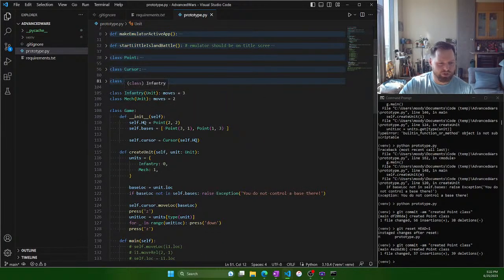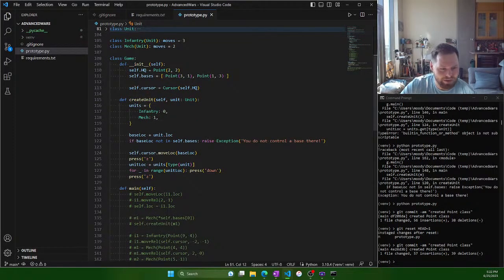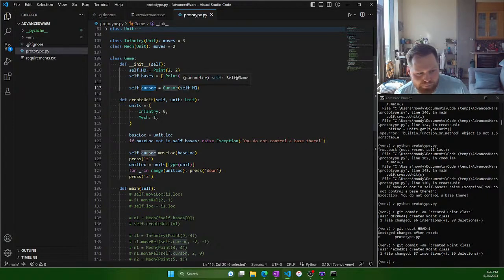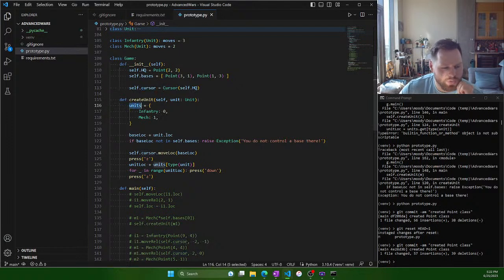I then have the infantry and the mech. And then I have the game. The game knows where the HQ is. It knows the bases that I start with. And it knows that the cursor starts at the base point. It can then create a unit. The game can create a unit. It's really like a player, essentially. A player can create a unit